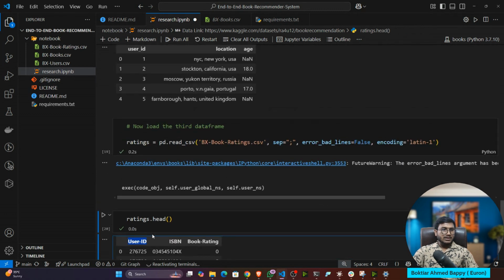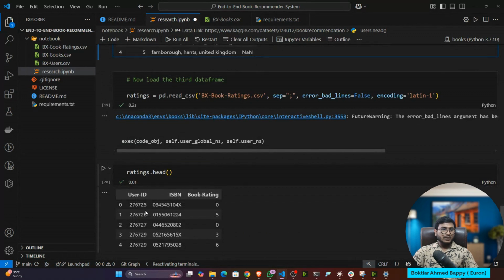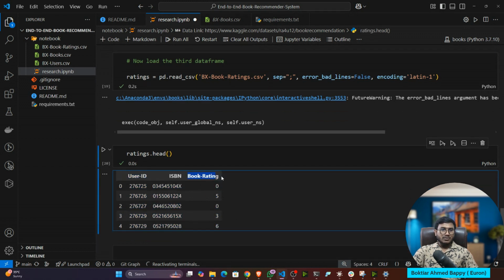Now you can see here user ID and this user ID, this is the similar column. With the help of that we can easily get the users of those particular books, and who has given the rating, everything we can understand with the help of this user ID. And this is the book rating, like how many ratings they have given to this specific book, we can get the information from here.